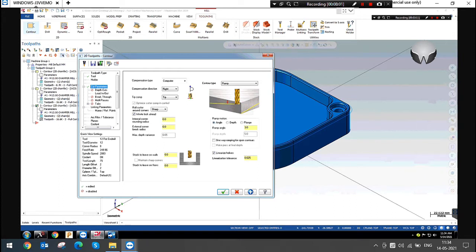No direct passes. It will go with the ramp. You can give the angle or depth or direct plunge.